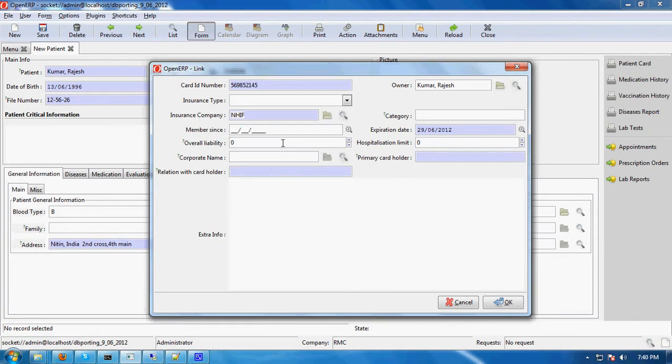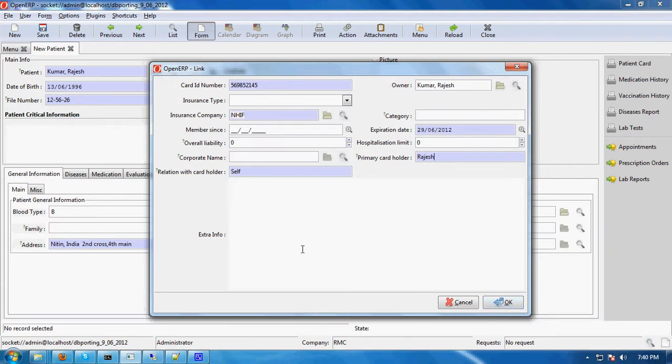Over liability, how much it is. What is the corporate name for this insurance company? What is the relation with the card holder? Suppose Rajesh is the card holder and his wife is taking the treatment, then here you would enter husband. Here you can enter self, because he is the one taking the treatment, and the name, because the primary card holder is Rajesh only.